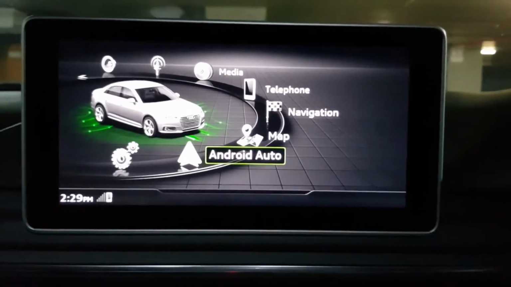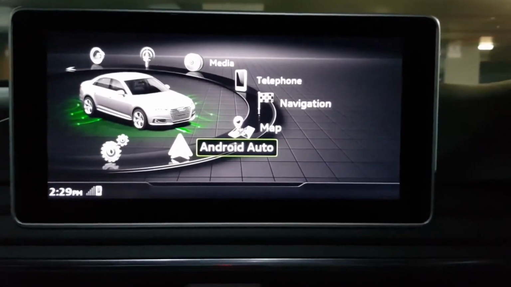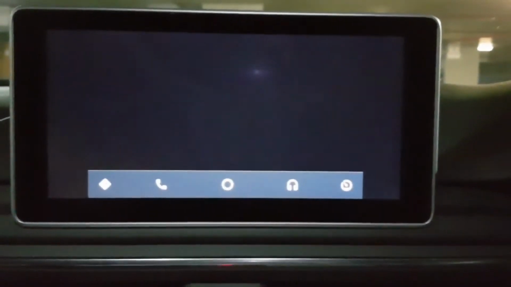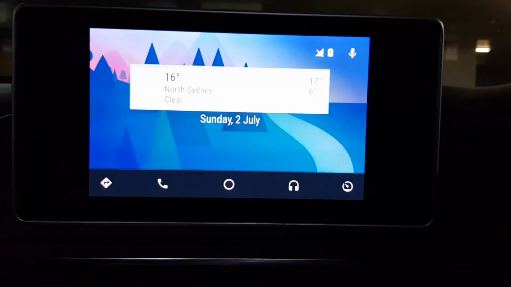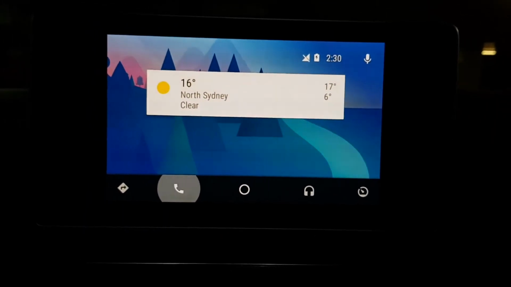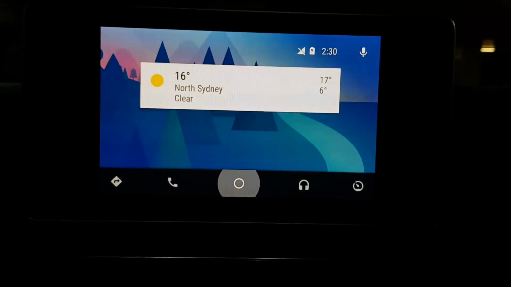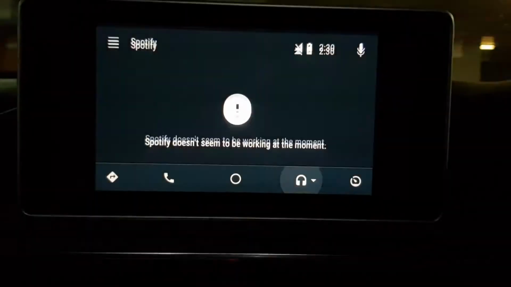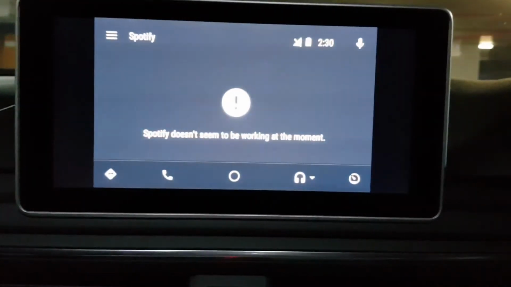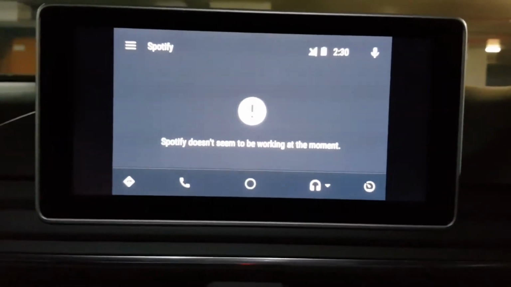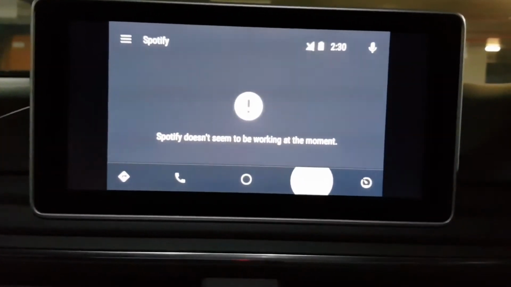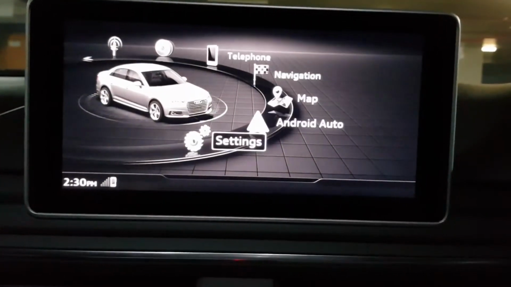Now moving on to the next option, which is the Android Auto. I've connected my Android phone to it. Yeah, the Android Auto is pretty straightforward. I've used my iPhone on this as well, and it works seamlessly. Sorry, as I'm inside the basement, it doesn't pick up any audio or any internet. Alright,